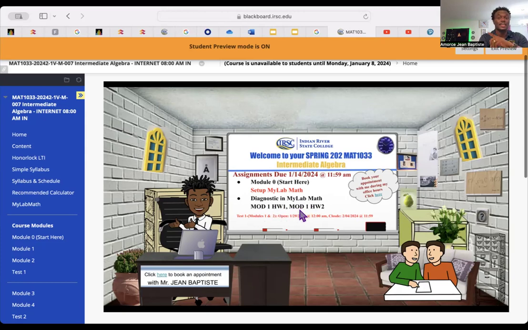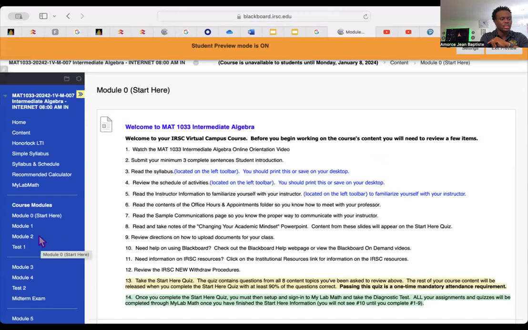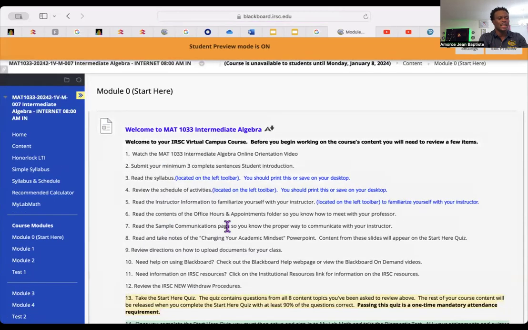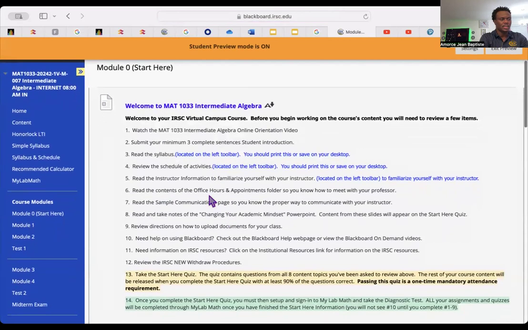I'm talking about your next assignment, and I need to make it clear that your assignments are not only going to be on MyLab Math only. So let me go through the steps of how you do your assignments. But prior to this, let's go inside of module 0, where you're going to perform your first tasks. I click on module 0, and then I see a list of assignments.